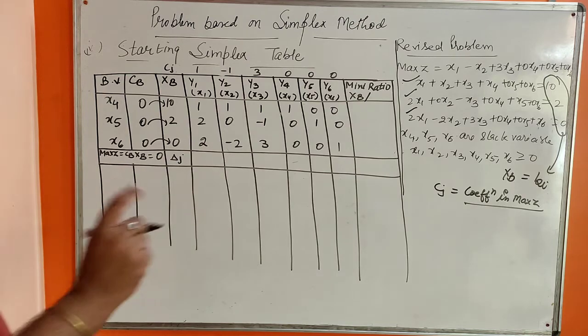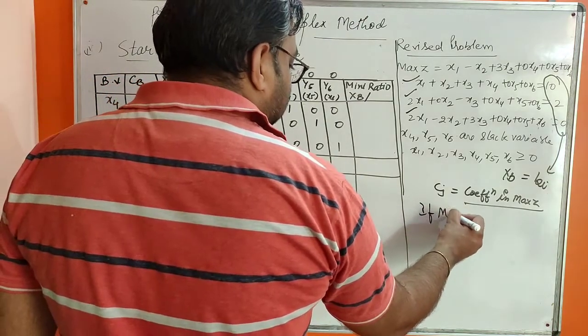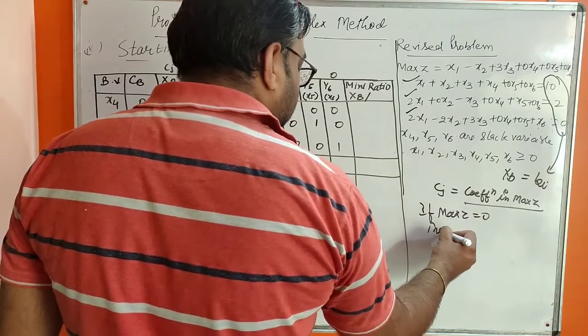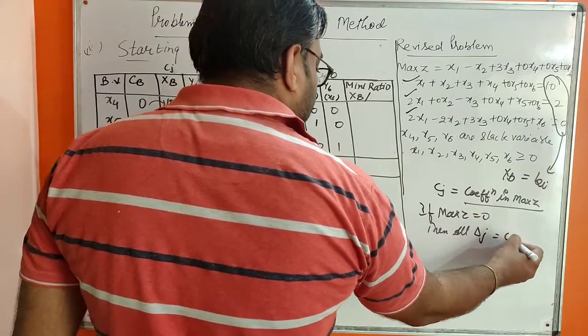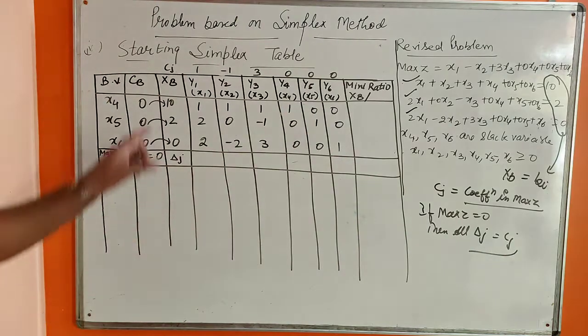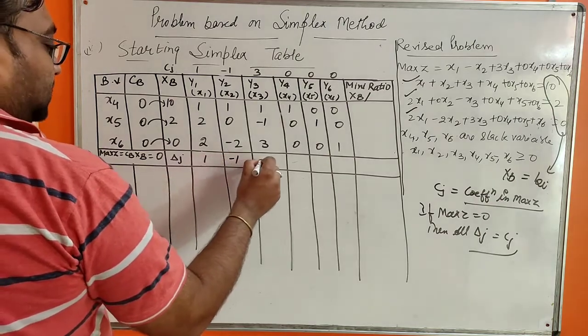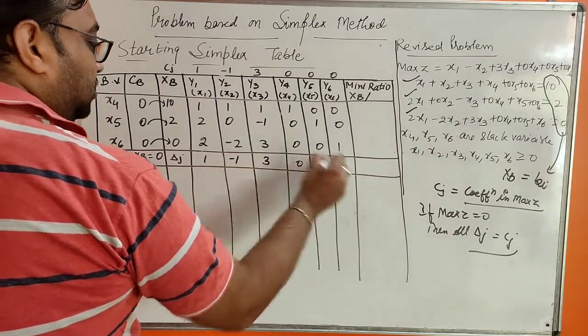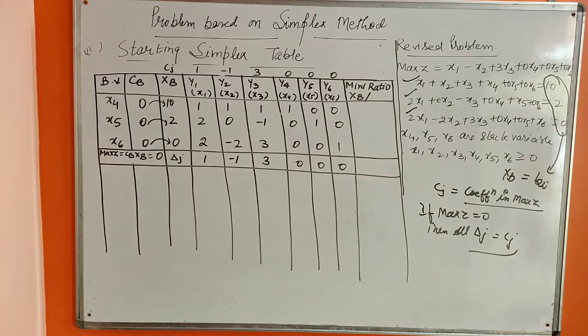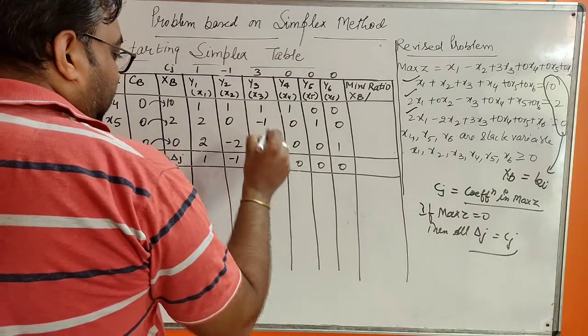And I already told you in the previous lecture, if max z is equal to 0, then all delta j is equal to Cj. So we have to copy all Cj in the delta j: 1, minus 1, 3, 0, 0, 0. So now this is the problem written in the tabular form. Now we have to identify the most positive delta j. The most positive delta j is 3. So make an arrow upward to it